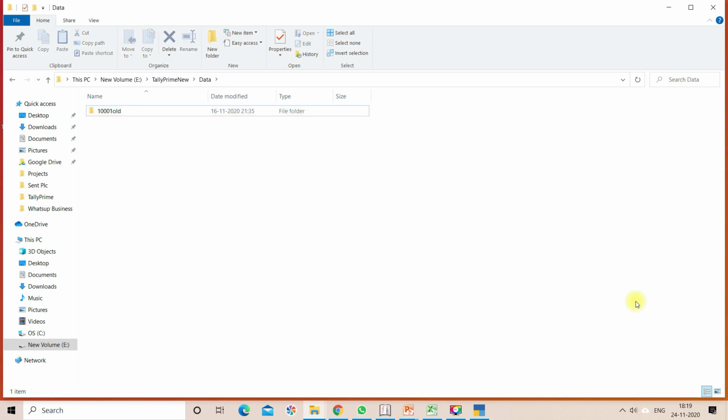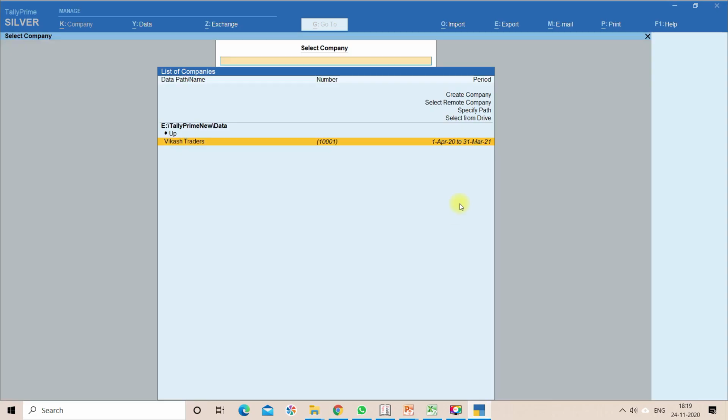Now let's see the list of companies in Tally Prime application. Once refreshed, you can see it's not displaying the company name. Instead, it is showing the folder number. This hide option we will use only when we don't want to delete any company. We will keep that data in the system for a certain period of time. Instead of deleting, temporarily we will change that folder name.